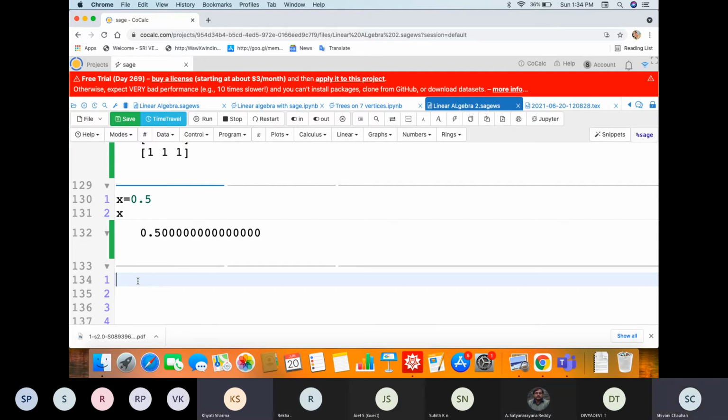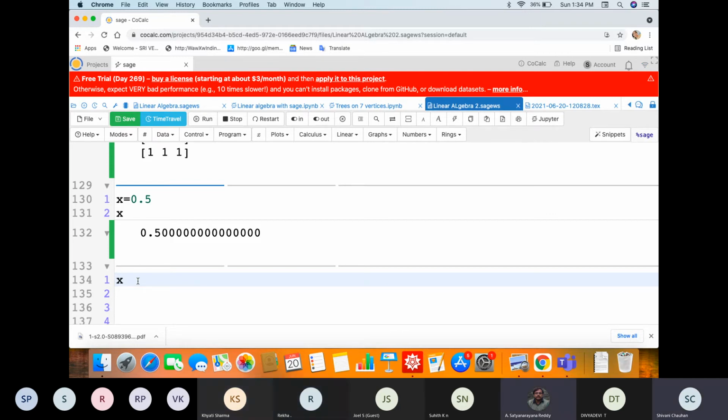Right. Then you did something, so it was in decimal form. It's like suppose if x is 1 by 2, then I need to write x dot n, and in between the round bracket I have to mention the number of digits. But if we are not mentioning the number of digits, it will not return as 1 by 2. I guess no. It will return 1 by 2 as 0.5, but not 0.5 as 1 by 2. No. We want 1 by 2 as 1 by 2.